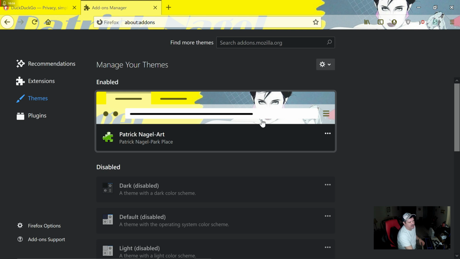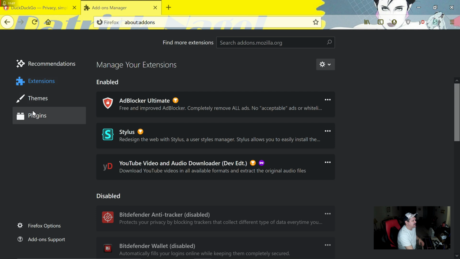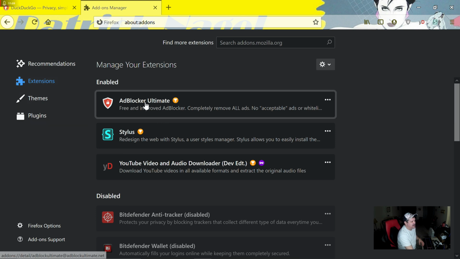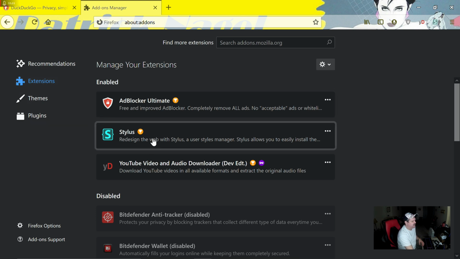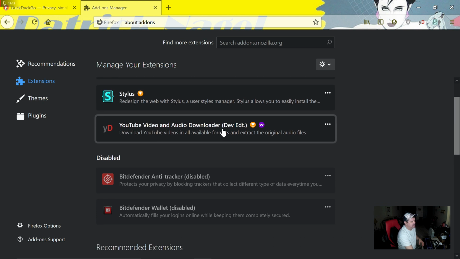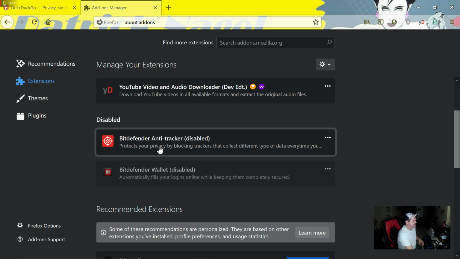And this is one of my themes that I made myself. But yeah, you can check it out or not. So anyway, that's how you do add-ons. Here's all the plugins that I have. I have Adblocker Ultimate, Stylus, YouTube video and audio downloader, BitDefender